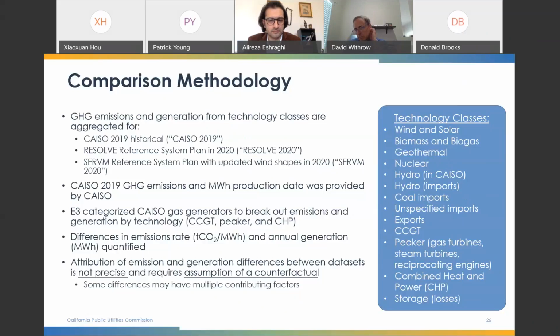Why does that difference exist? And more specifically, what would have happened to close that difference, to shrink it or eliminate it? For this, we assume what we call a counterfactual, where one specific thing would be adjusted to bring the data sets more in line. We recognize that this is an imprecise method. Anyone who's familiar with production simulation knows that if you change one